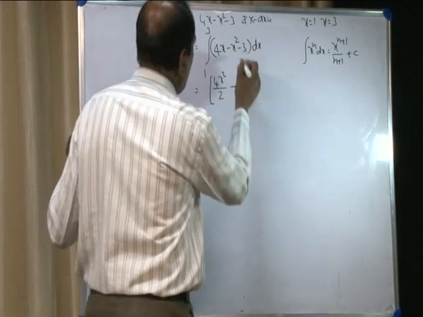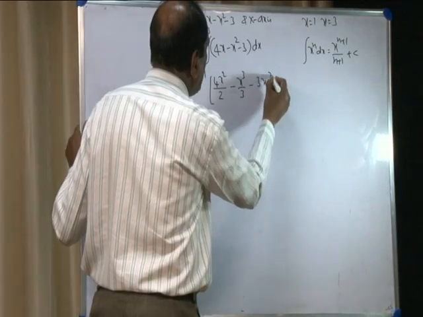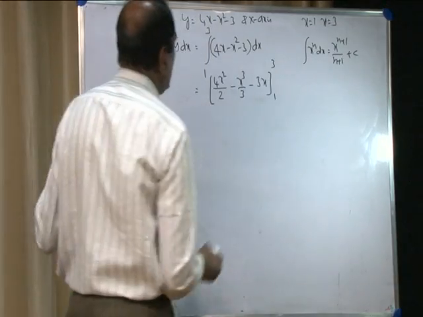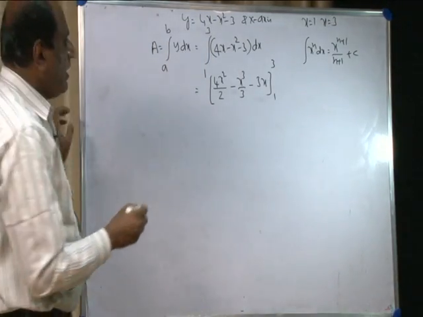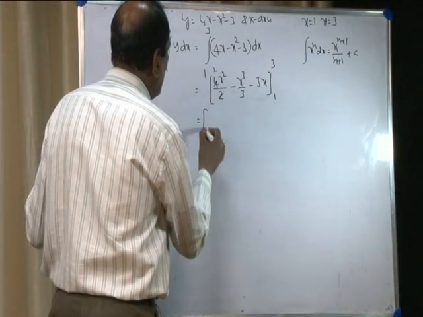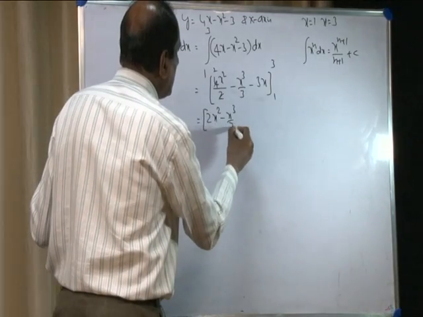Now, x square integrates to x cube by 3, and minus 3 integrates with respect to x to minus 3x, between the limits 1 and 3. Now, this 2 divides 4 two times, so we get 2x square minus x cube by 3